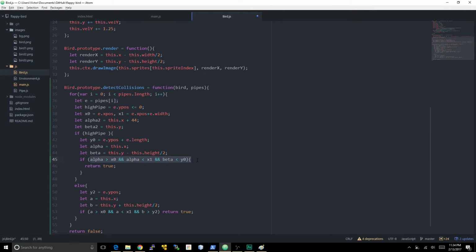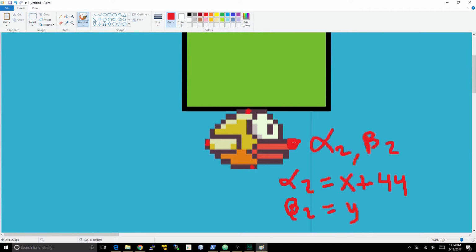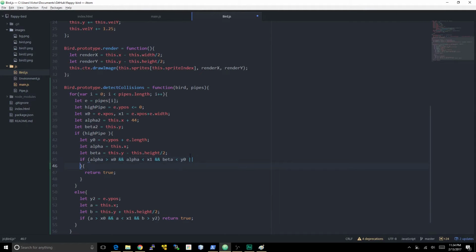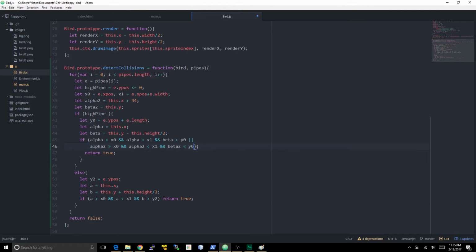Now I'm going to add that condition to these two. If it's a high pipe, I want to check this one and this one. There's no way I'm hitting a high pipe with this one, right? For a high pipe, basically if this one is in, then this one is already in. So I'm going to add this condition for the high pipe. What I have to do is or alpha 2 is greater than 0 and alpha 2 is less than x1 and beta 2 is less than y0. And for this one,